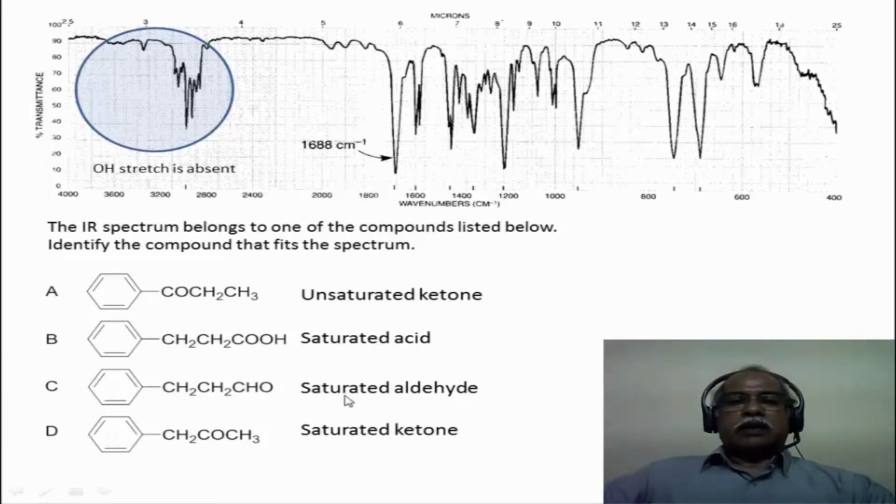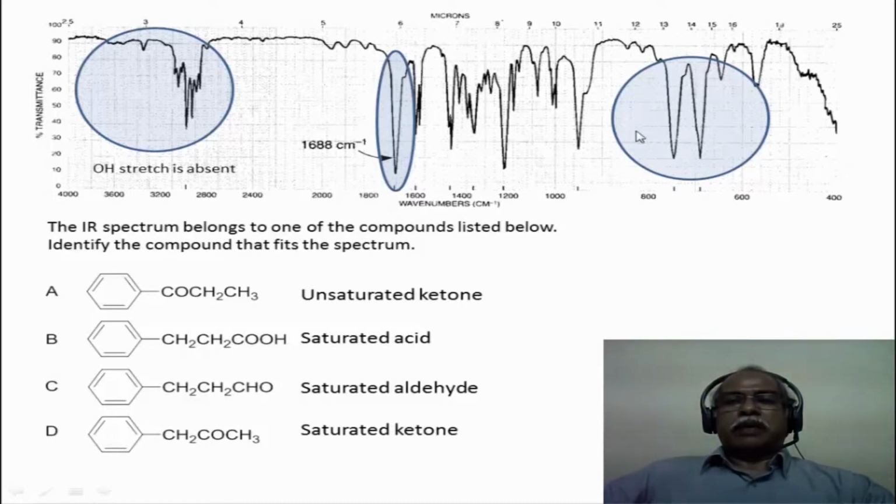It can be a saturated aldehyde, but then this is not a saturated aldehyde value. Remember, saturated aldehyde should come around 1720 or 1710. This is around 1688. So, the saturated ketone and saturated aldehyde can also be easily ruled out. So, the only option is that you have an alpha beta unsaturated ketone. This is propiophenone, the molecule. Propiophenone has a frequency around 1688 because it is an alpha beta unsaturated ketone. Because it is a monosubstituted benzene derivative, it also has the out of plane bending modes which are coming in this particular region. So, these are the most prominent observations that one needs to make in order to distinguish this.